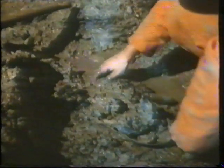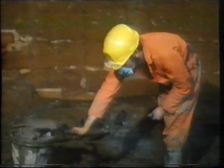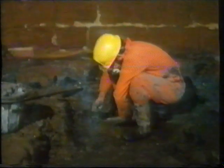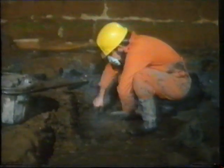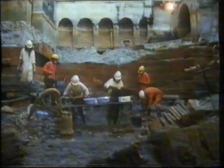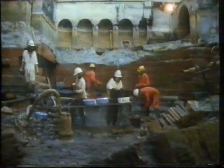It never ceases to amaze me that you're seeing for the first time something that was deposited or created 17 or 1800 years ago, and it's extremely important to think about it and to worry about it all the time. And as you go, you find yourself asking questions. Now, what are we doing? What are we breaking into? Are we destroying anything? We began to realize that we were cutting through a layer of box tiles, Roman tiles,